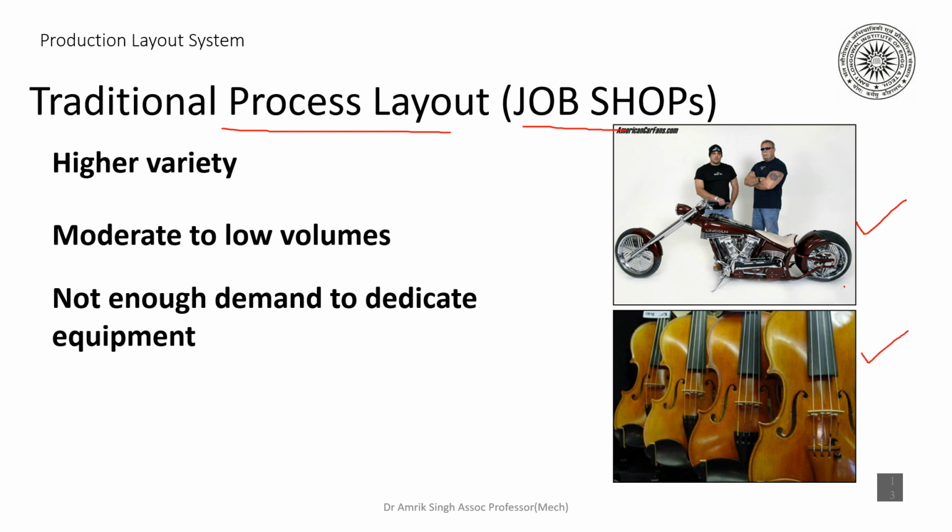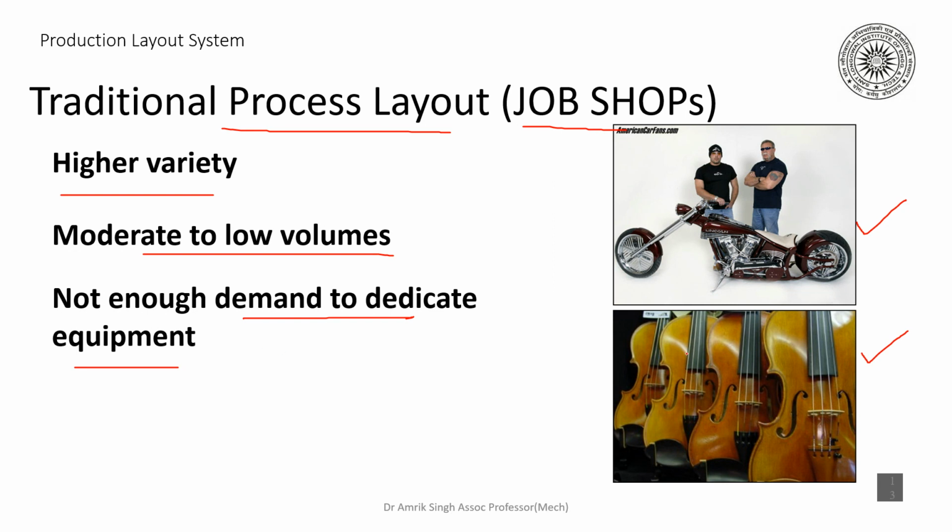So Harley Davidson is made only in small volumes, okay, at the specific order. Similarly, these are also small volume production. So we can say high variety and moderate to low volume. Okay, the volume is very small when they are produced, one or two, but variety is more. Not enough demand for dedicated equipment. So for Harley Davidson, there may not be much demand. So that means the volume of the production will be small. Okay. Similarly here, there can be different types of guitars of different sizes, but their demand may not